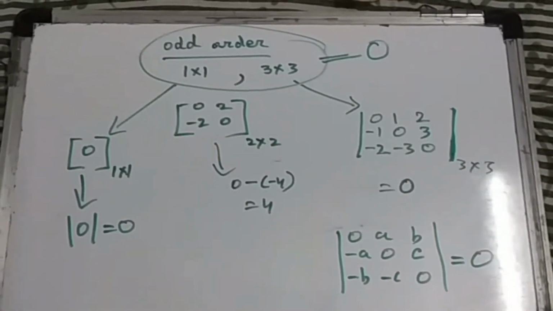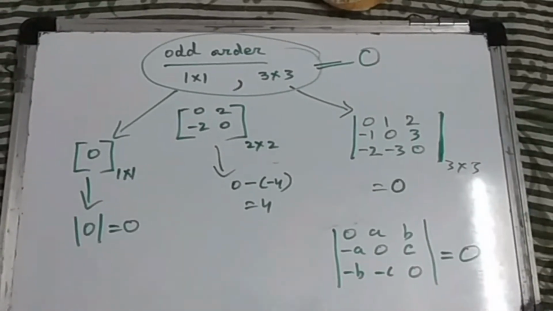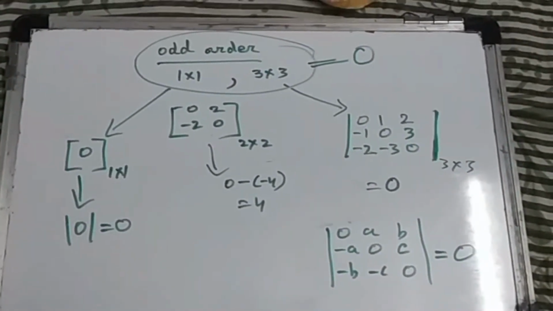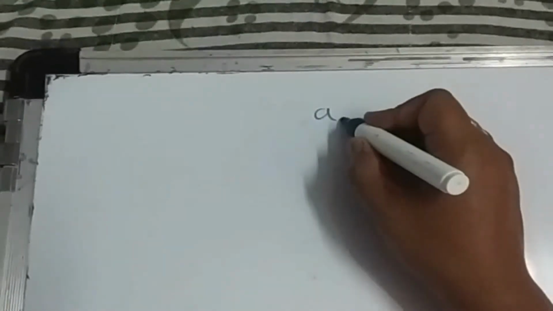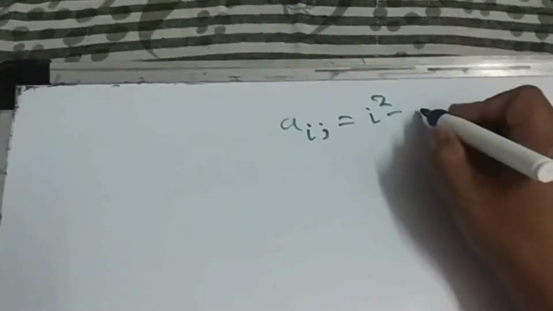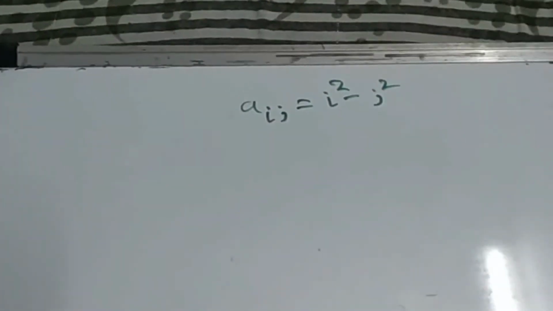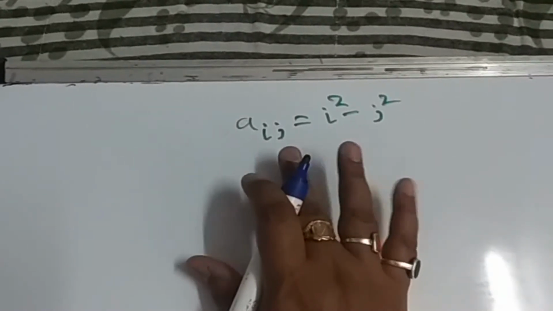Now I will tell another thing about this skew symmetric determinants in next video. Okay, so the last part of property of skew symmetric determinant. Suppose you have this rule, Aij equal to i square minus j square. If I am following this rule and trying to write a determinant, what type of determinant I am getting, you see,